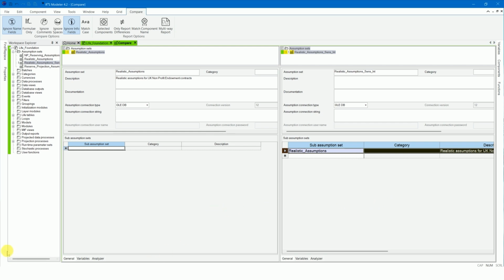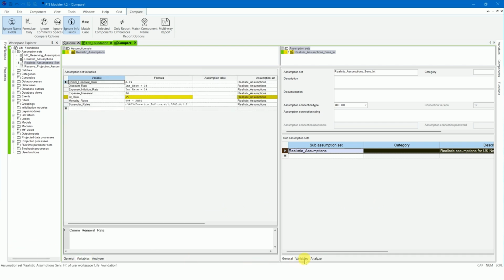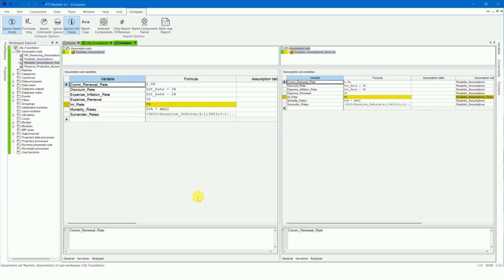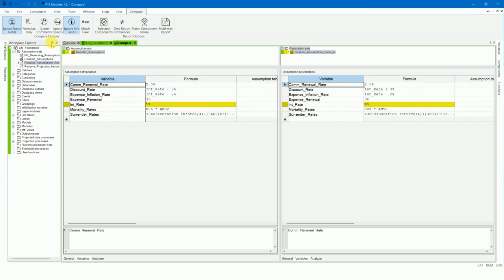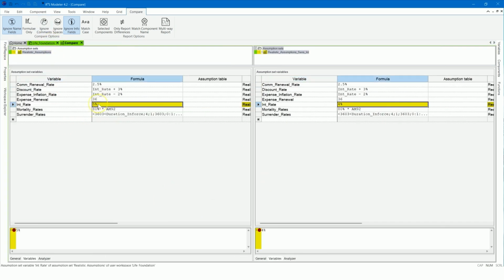In the Variables tab, the variable int rate is highlighted in yellow, with the properties, formula, and assumption set showing the differences.